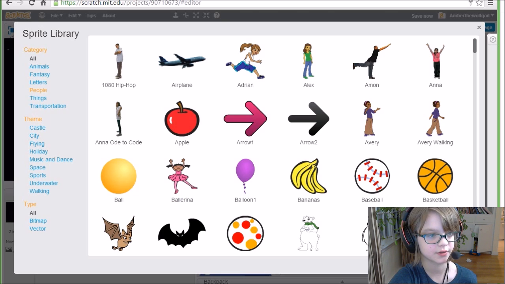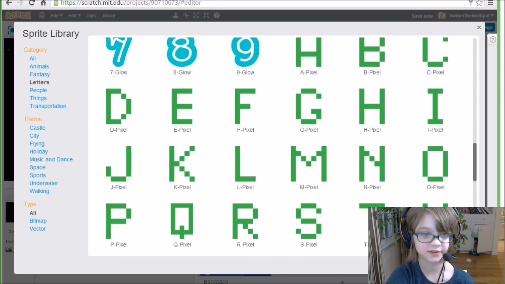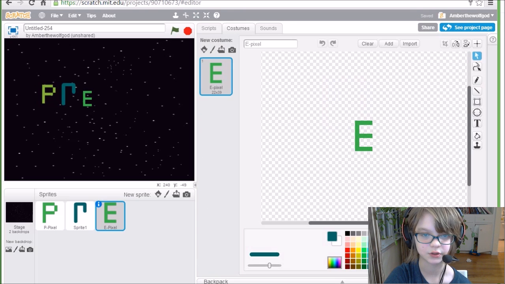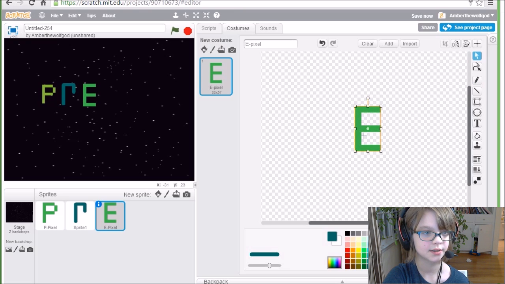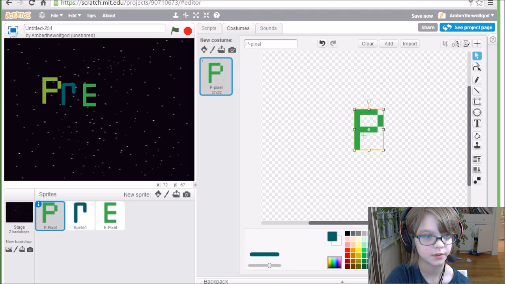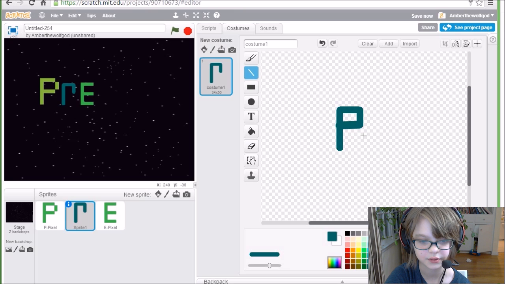Where is it? Letters. Pixel R. No, Pixel E. And then let's make this larger. Oh, this is vector. Nice. Okay. Large. Let's make this one larger, actually. Boom. Okay, and then let's make this a 4. So as you can see, you're gonna make a lot of changes that you weren't planning on